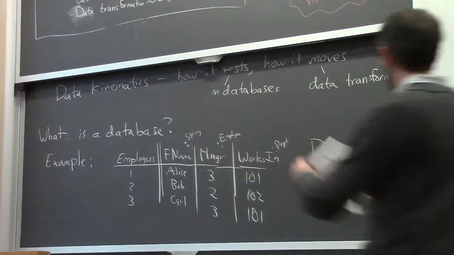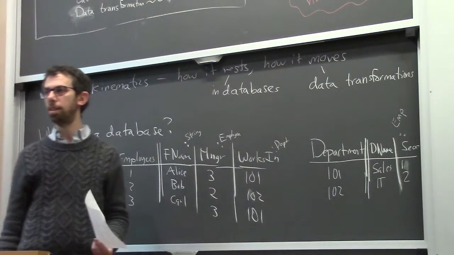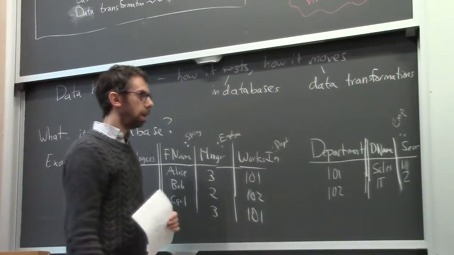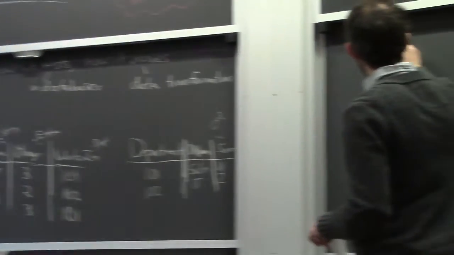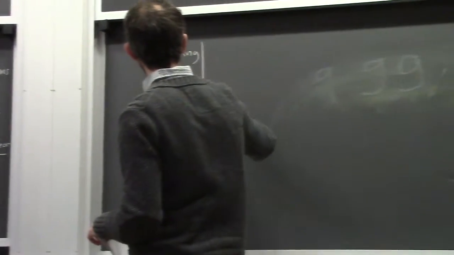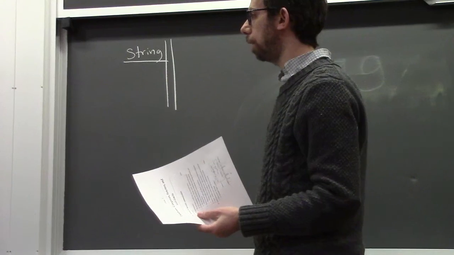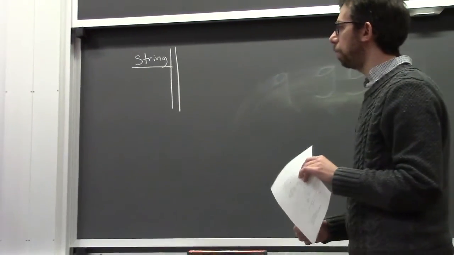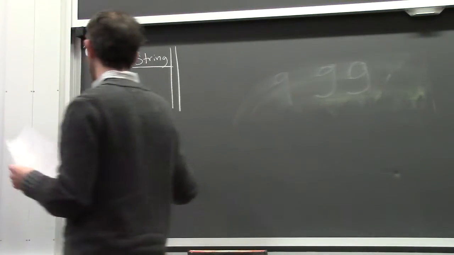That's a database schema on top of the line and instance below the line. Instance means at some instant of time, this is what was known. This is what was true. But I could technically add or pretend that there's actually a table full of all strings, just to make the theory work out nicely, or to make the theory work out simply. The theory works fine when you don't consider there to be a table of strings, but then you need to work a little harder.